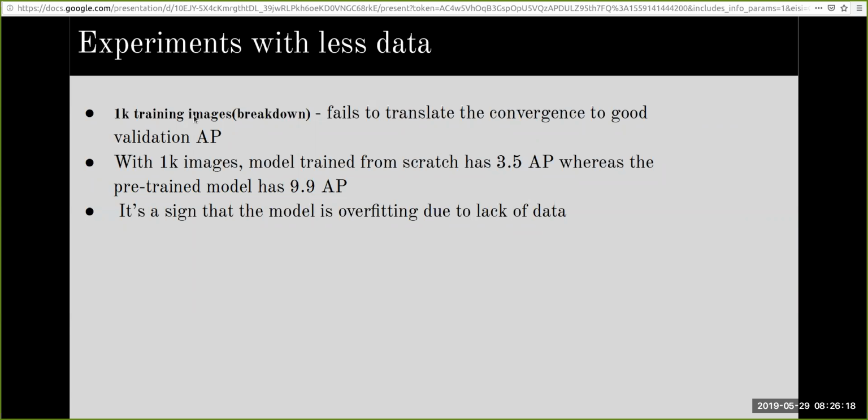This is a sign that the model trained from scratch has overfitted due to lack of data. So when the training data comes down to only about 1,000 training samples, that's where the authors noticed the breakdown, where the model trained from scratch cannot catch up with the model fine-tuned from an ImageNet pre-trained model.